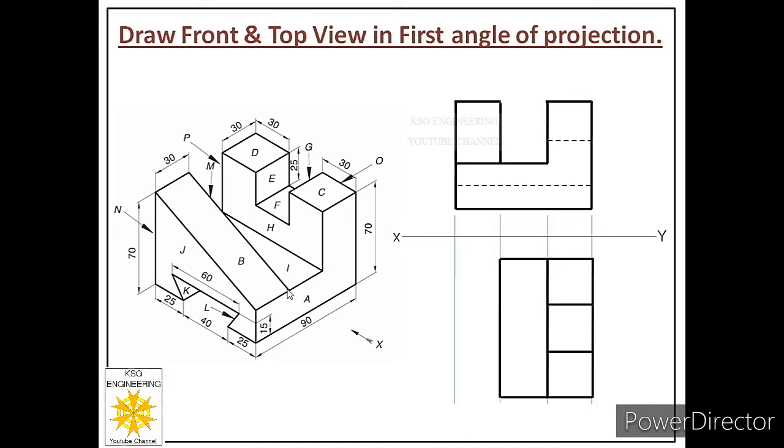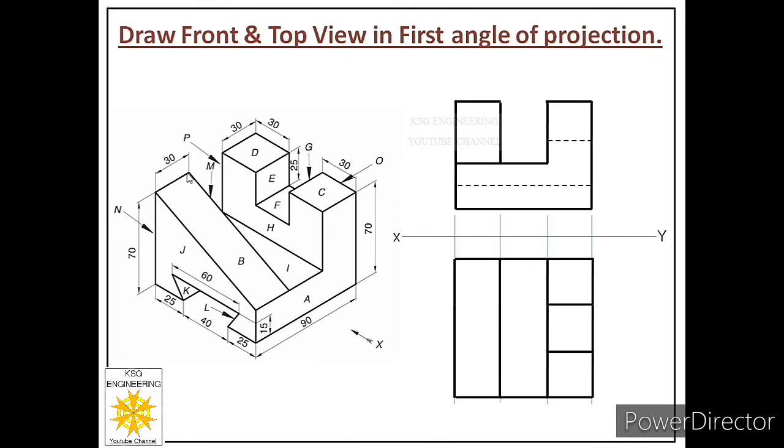So from this point, how much do I have to move towards the left? The length of face B is 30. So from this point, I will draw a length of 30. And when you look from the top, the width of face B will be this base, not this one. So how much is this base? It is 90. So from this point, sketch a width of 90. Then connect these 2 points to draw this edge of face B.